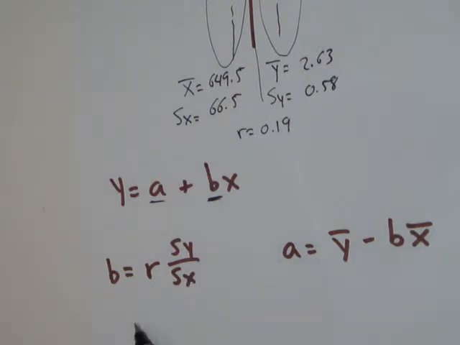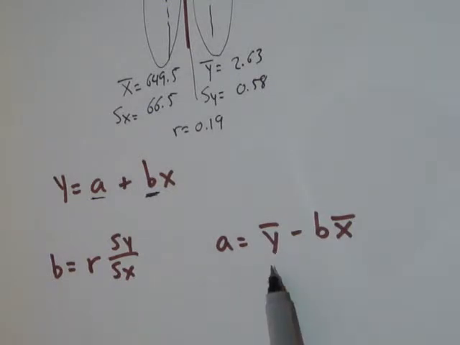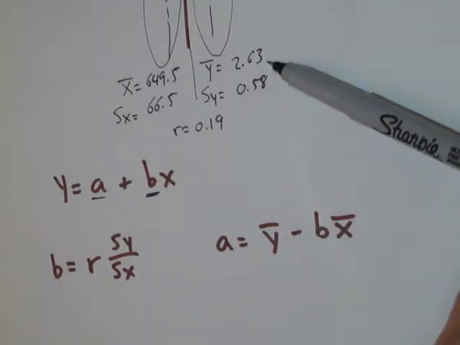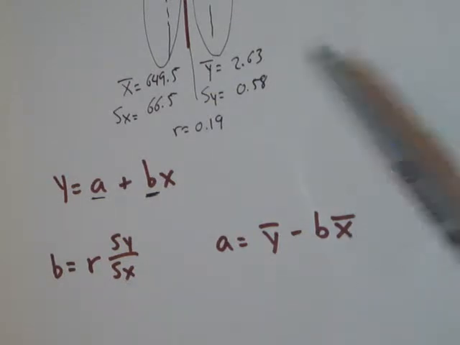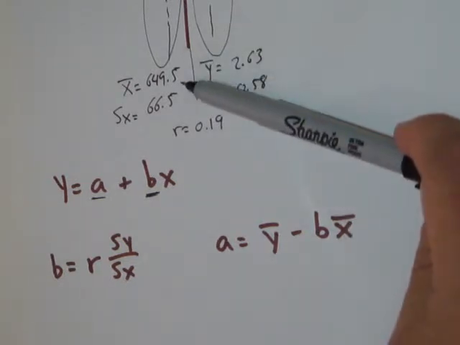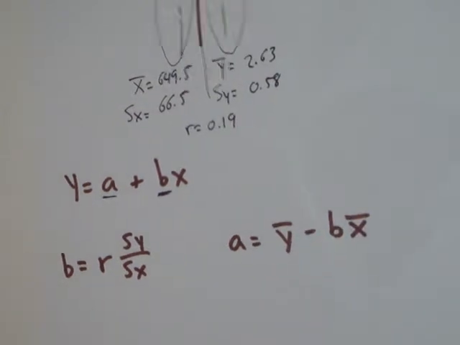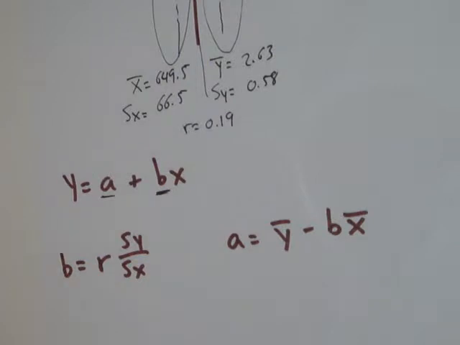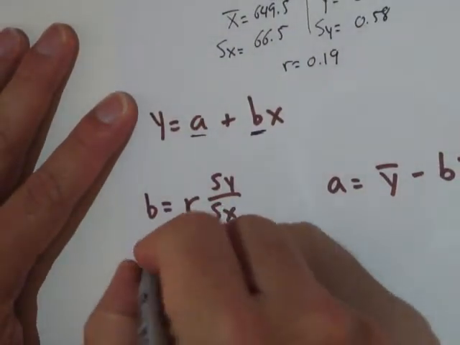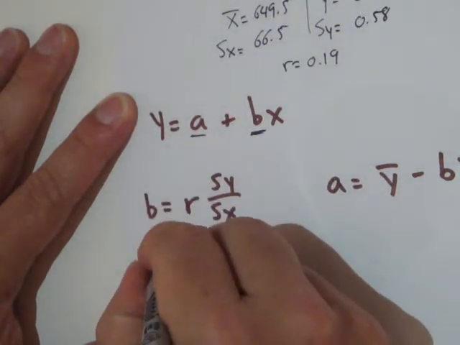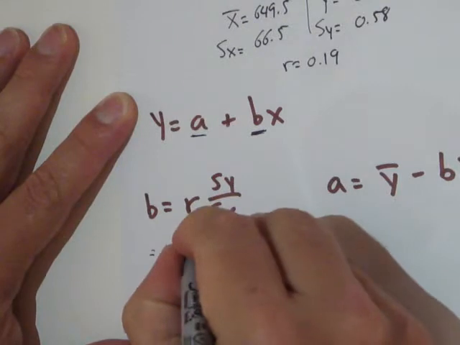Once we have that, we can plug it in to find a. For a, we take y bar, the mean of the y's, minus b, the slope we just found, times x bar, the mean of the x's. That gives us our a, and then we can write it in this format, and that gives us our equation. So let's plug in some values and see what happens. Let's find b first. So b is going to be equal to r, which is 0.19, times sy, which is